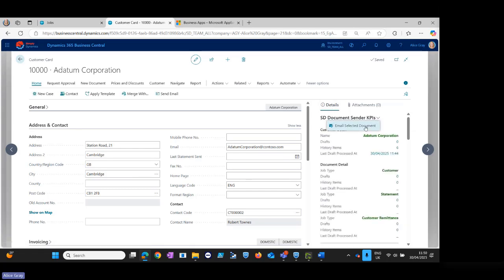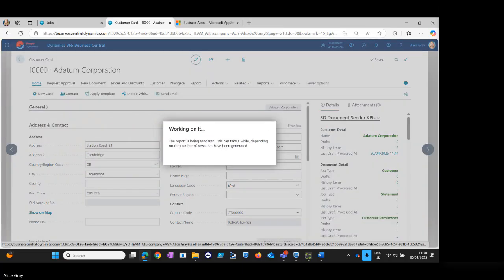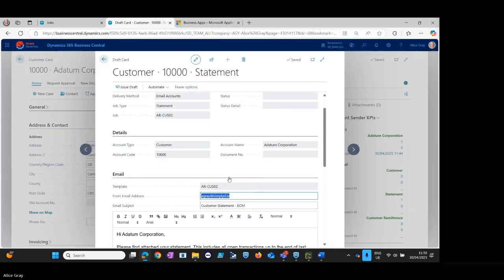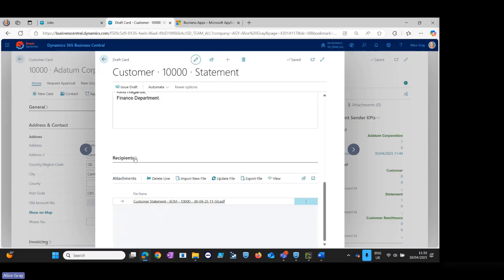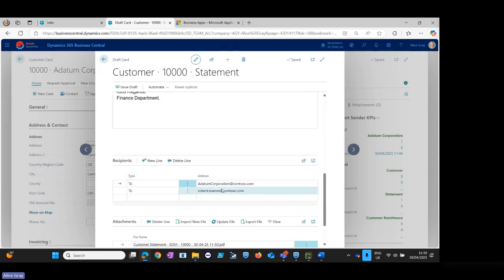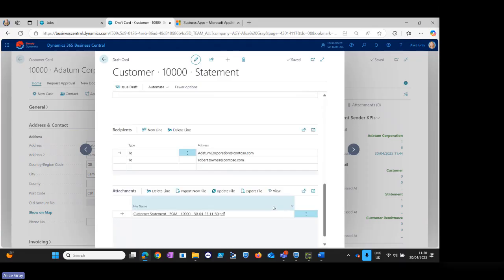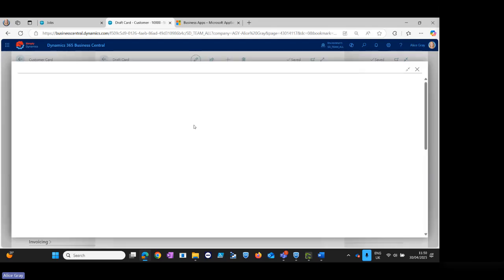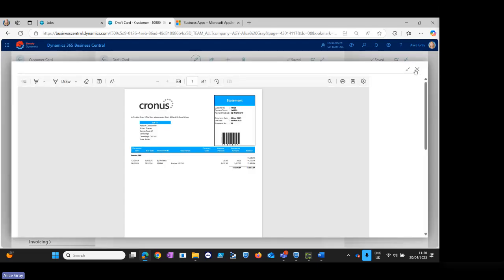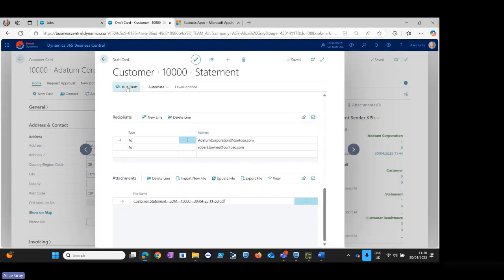So for this customer card here, you could just choose to email the selected document. So here we'd have a job type of statement, which we've enabled. And then we can issue out that document there to our recipients. It's picked up our recipients there according to the job card for the statement type. And again, it just attaches the customer statement there. So you can do that manually,